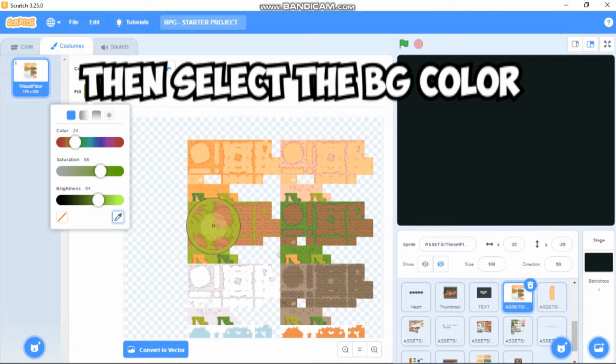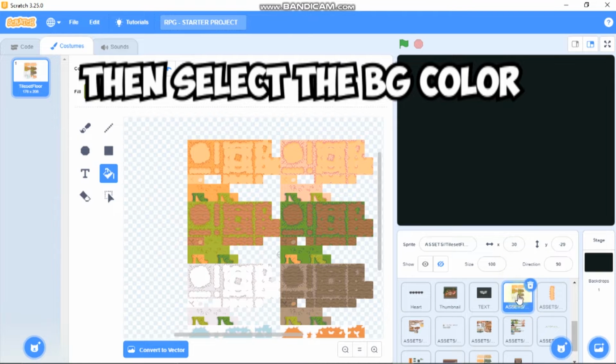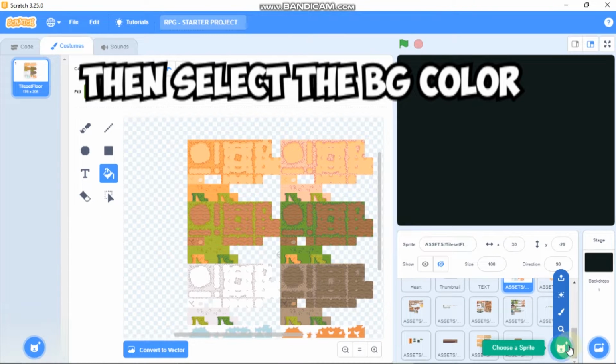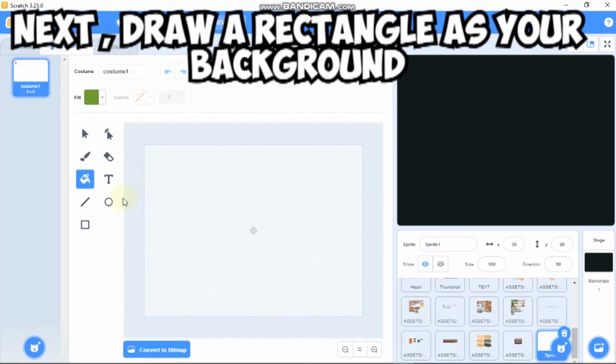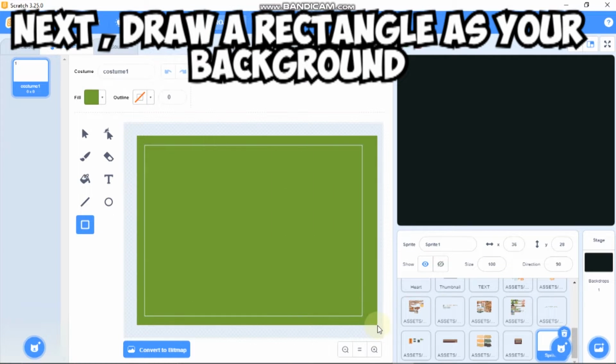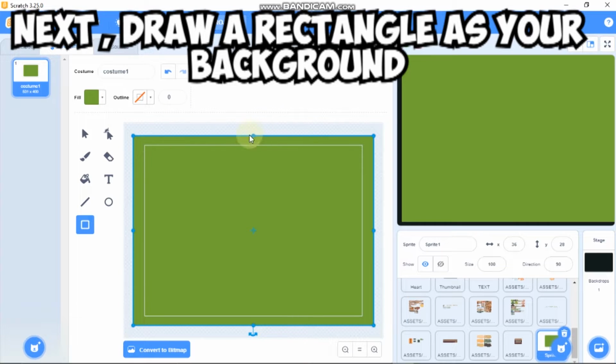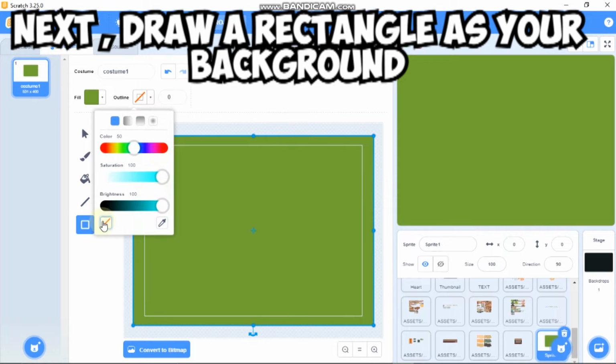So if it's this green, then what you need to do is paint a new sprite. Click on the rectangle tool and draw a rectangle so it fits the whole stage. Set it to x0, y0 and set the outline to none.